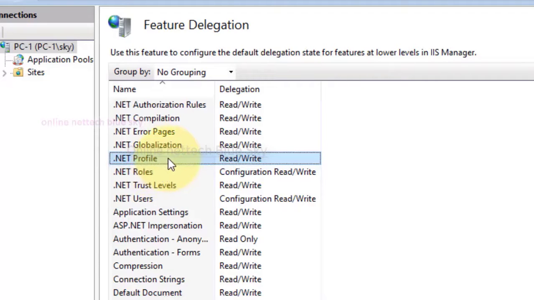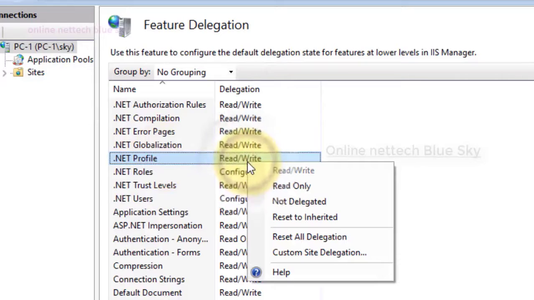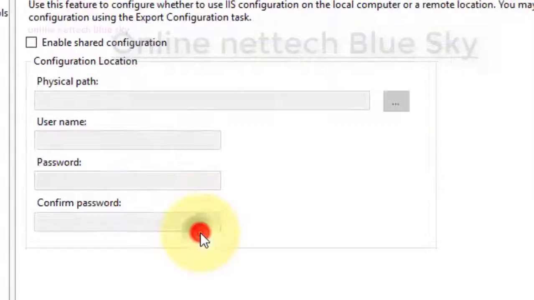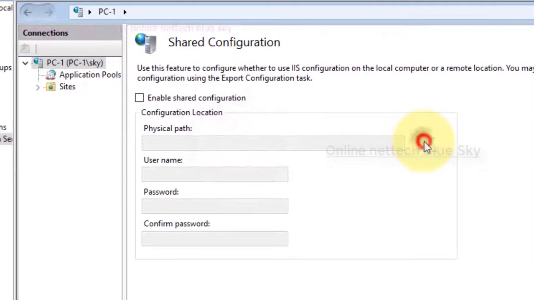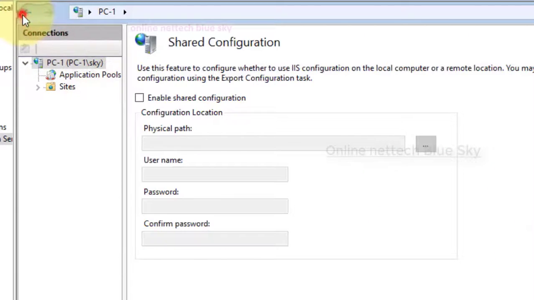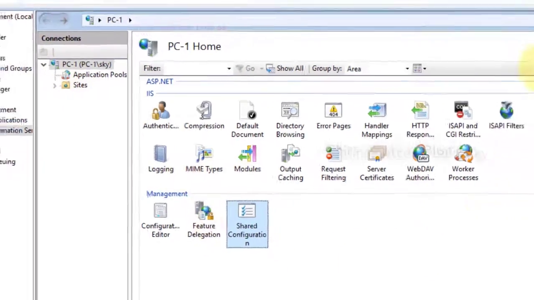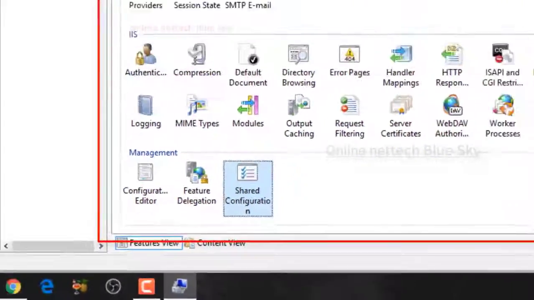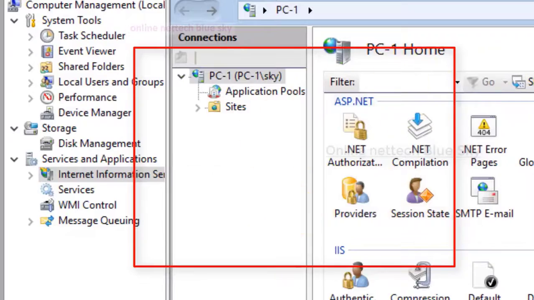So this is a .NET profile, which is only read and write, that means this file works for both reading and writing. Okay, so this is not configurable, and some files are configurable, that means you can change files in the settings here. I'm only setting read and write for the different types. It's set by default here, and I cannot change it here. And some shared configuration: you can share your configuration with other computers and other systems here. So all of this is IIS Manager and the different types of tasks, which I will discuss in depth, one by one, practically. So thanks for watching my video.